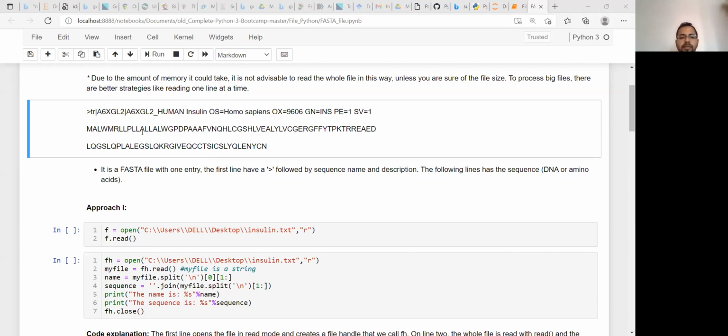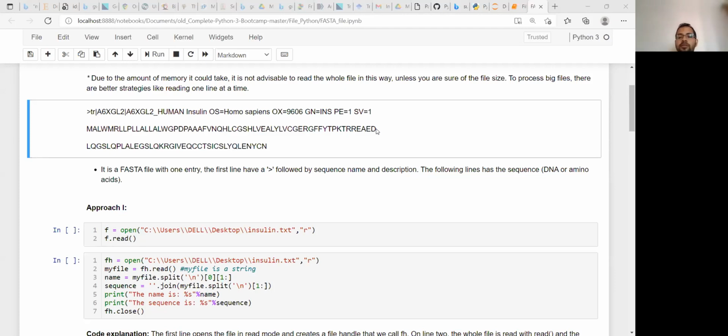Here it is a protein sequence. As you can see, these are all single letter codes for amino acids. Another interesting thing is that sometimes you will not find all the amino acids placed in a single line in FASTA format.